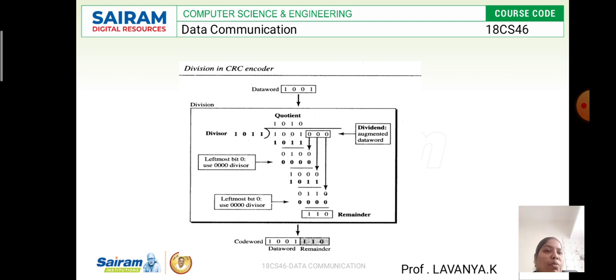Again we have to add one more 0. After that we have to use the divisor operation, that is 0 0. So finally the remainder we get is 0 0 0, 0 1 is 1, 1 0 is 1. The last part you have to ignore. That remainder is what we are going to send to the receiver side. For adding that, we add it to the data word, that is 1001 and 110. This is the remainder. The remainder is the redundancy bits, that is extra bits. So this is the output of the CRC.